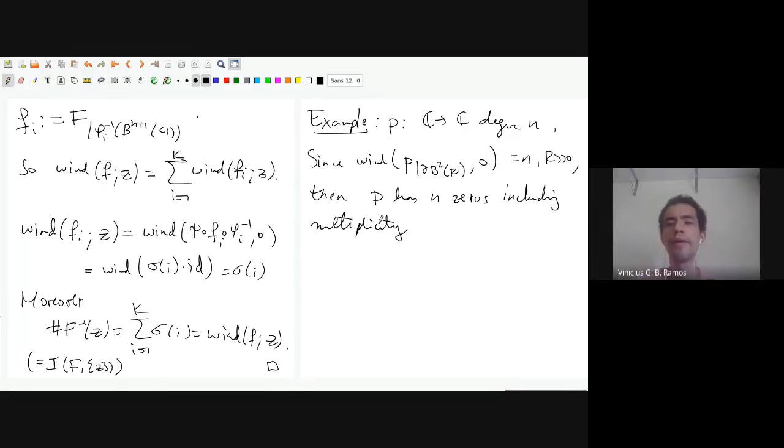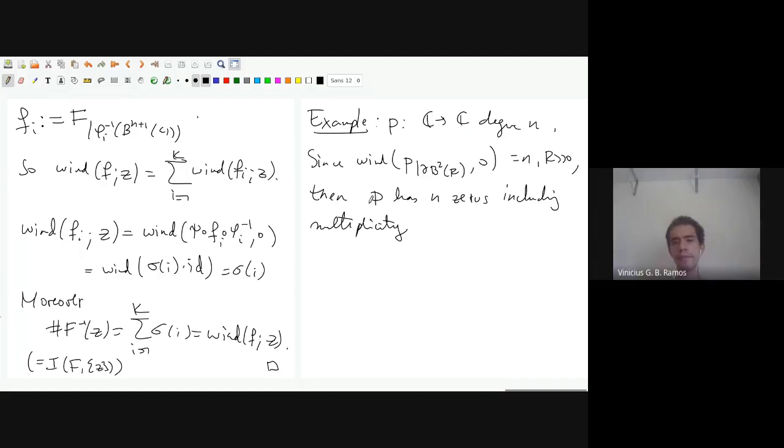What does that mean? So, maybe 0 will not be a regular value of P. If 0 is a regular value of the polynomial P, that means that all the zeros are single zeros. So the derivative is injective, so all the zeros are isolated. But sometimes, as you know, you have double zeros and stuff, and that means that 0 is not a regular